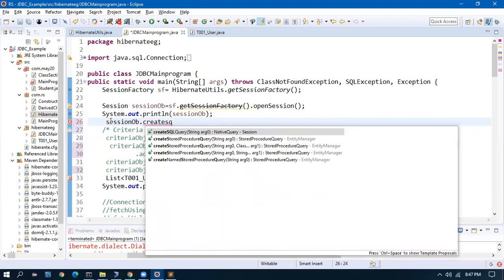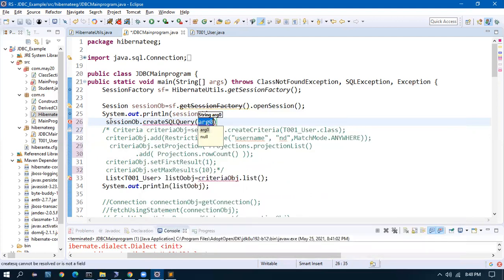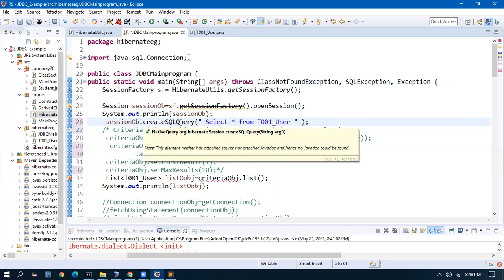People who know SQL sometimes find a query more useful than triggering the Hibernate query automatically. In that case we'll go for a query. I can write select star from T001 user, using create SQL query.